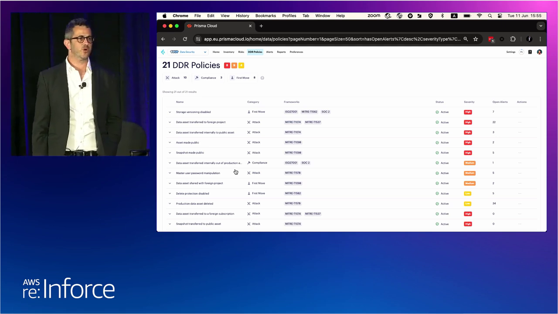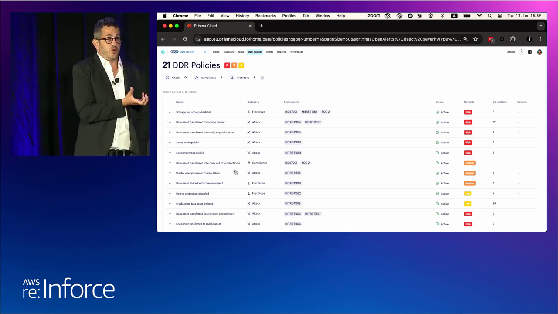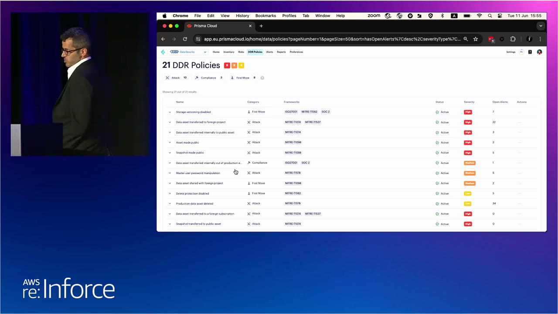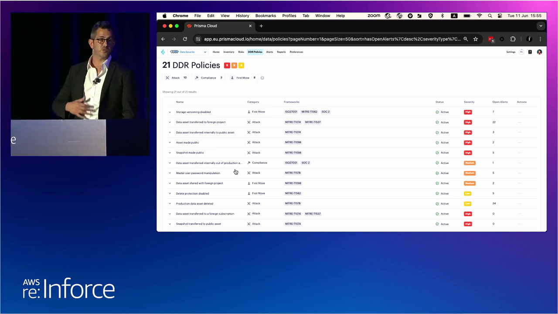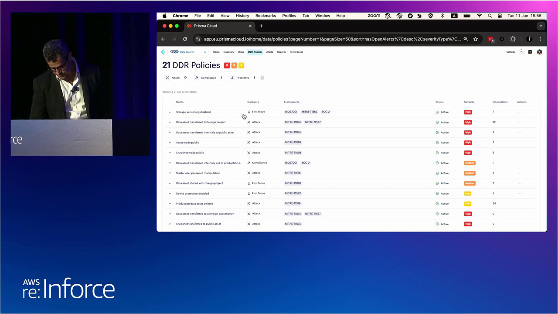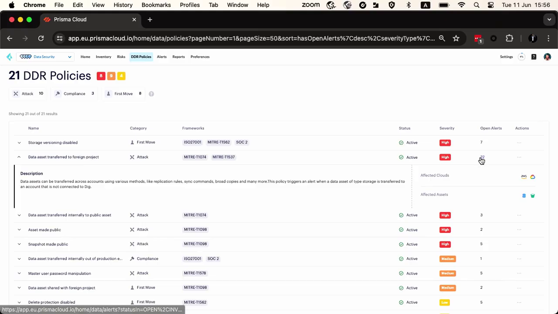It happens because no one monitors how data is being used after we give permissions. We just don't have the actual tools. We don't know what to look for in the logs. So this is where DDR comes into the picture. We pre-built policies. We constantly enrich them with different types of data services and AI services. And scenarios like this are what popped up in the bank.